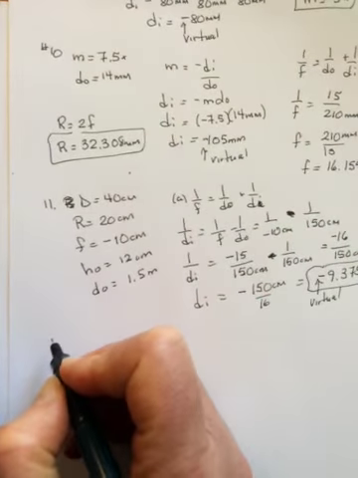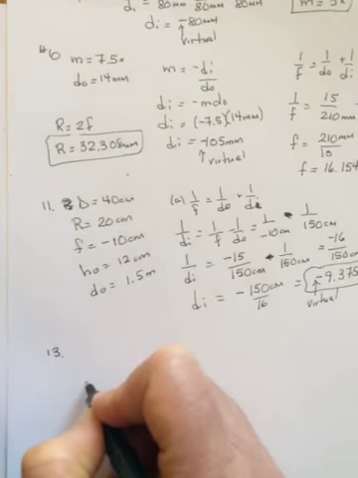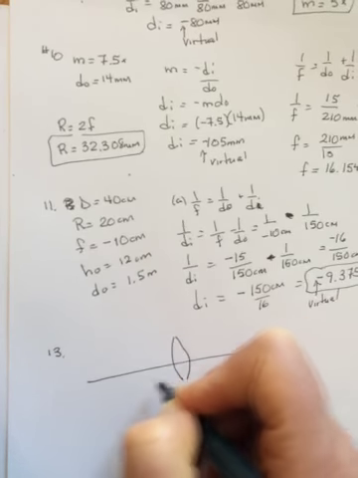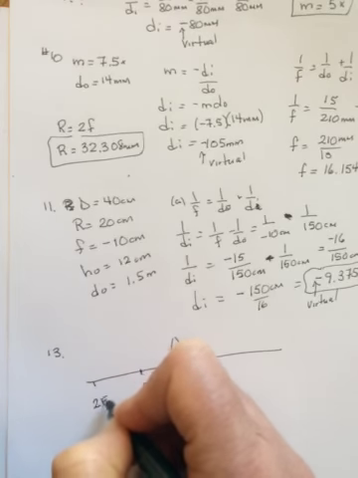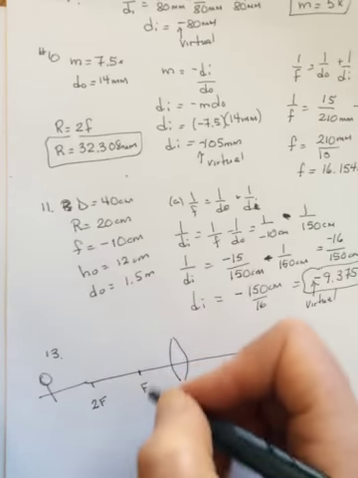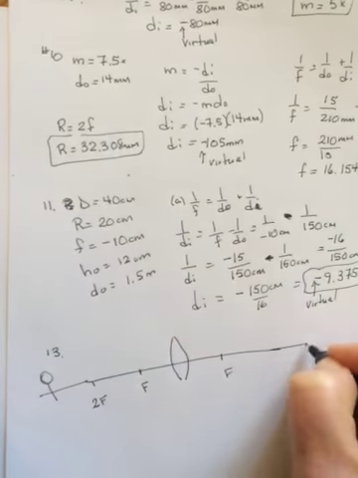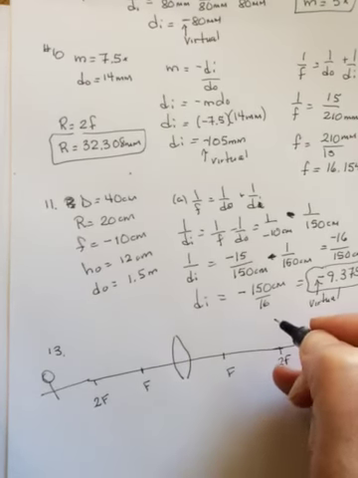Okay, so this is number 13, and I'm going to run out of time. So here's F, here's 2F, and the object's back here, because it said F was 10 centimeters. On this side there will be an F, and there will be a 2F, and it wants you to find